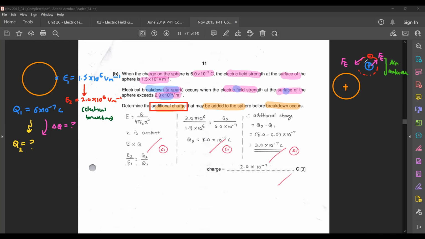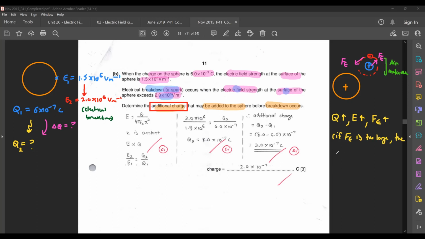So the thing that can actually happen here is this. If your Q on your sphere increases, your field strength will increase. That will in turn cause the electric force acting on your electron and nucleus to increase. So if Fe is too large,